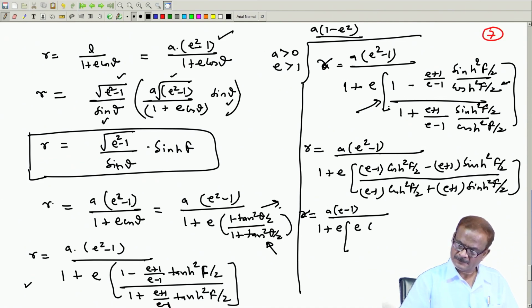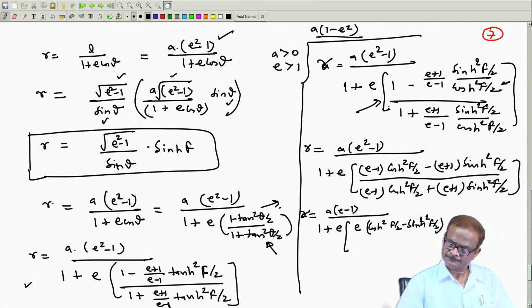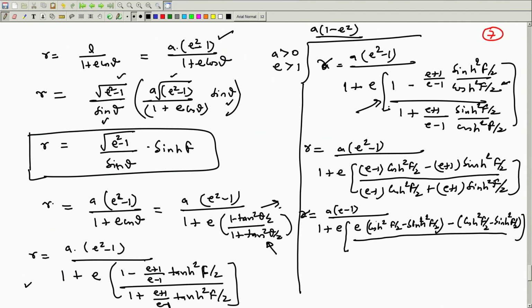So, this is e times cos hyperbolic square f by 2 minus sin hyperbolic square f by 2, and the other term comes with only cos hyperbolic square f divided by 2 minus sin hyperbolic square f by 2, and in the denominator we have the same way e cos hyperbolic square f by 2 plus sin hyperbolic square f by 2 and